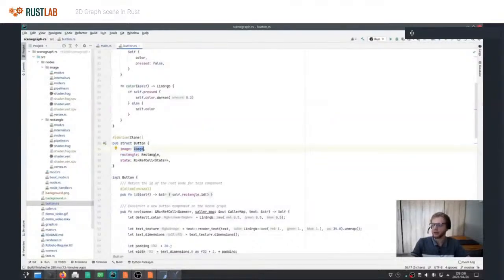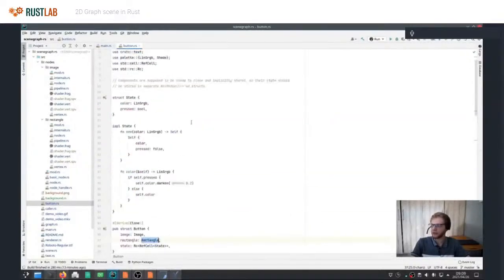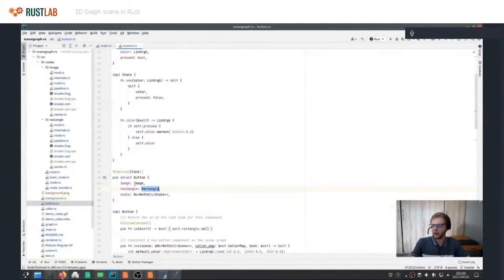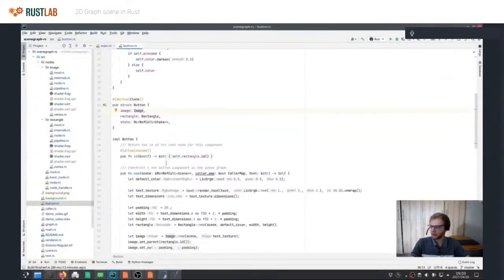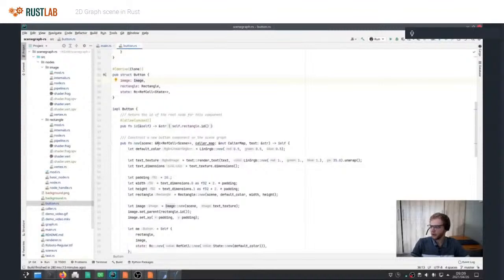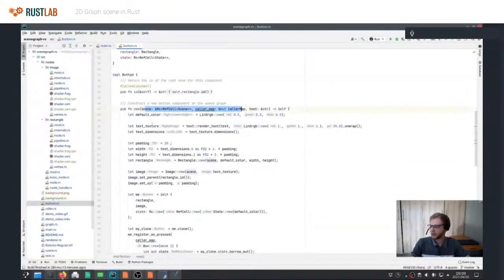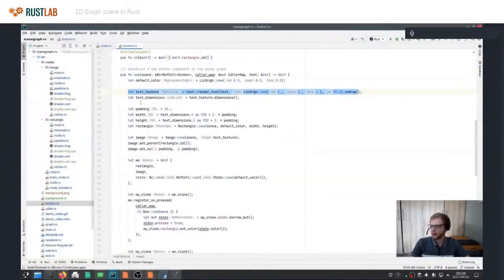And these node classes are also implicitly shared in the style. But the implicitly shared data here isn't state. It's sort of, as I call them, the GPU primitives, really. It's the internal image struct, the internal button struct. So basically, when the button is constructed, as I said, it renders the text to a texture, and then it gets the dimensions, etc. Then it creates a rectangle node of the same size as the image.